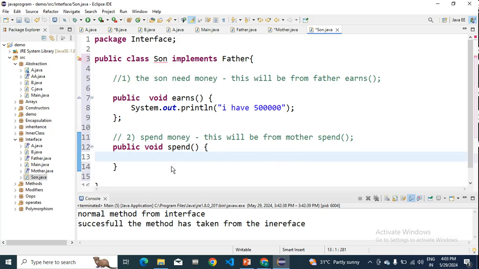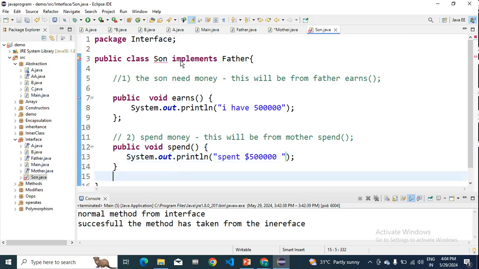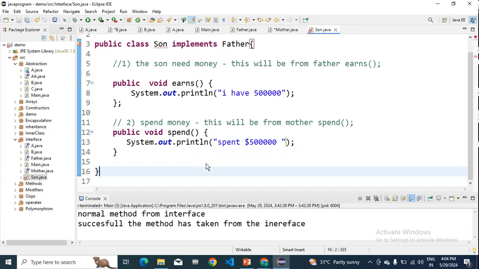So here what I will be doing, I will be printing system.out.println spent rupees, it is spent rupees 50,000. Okay, and